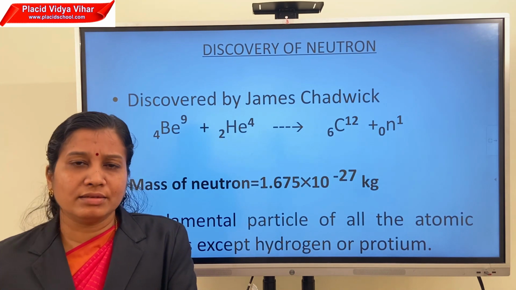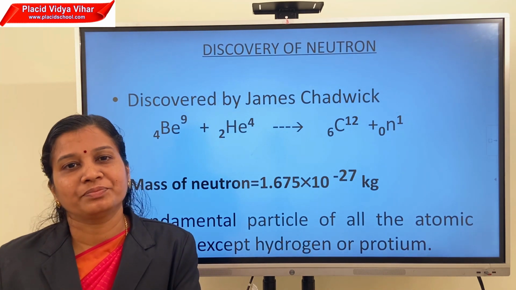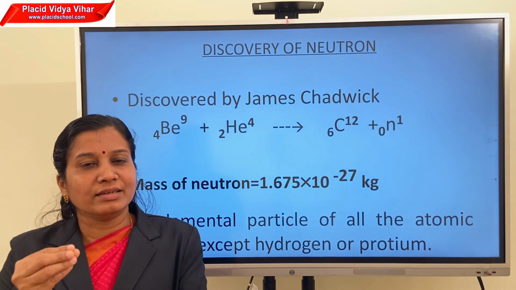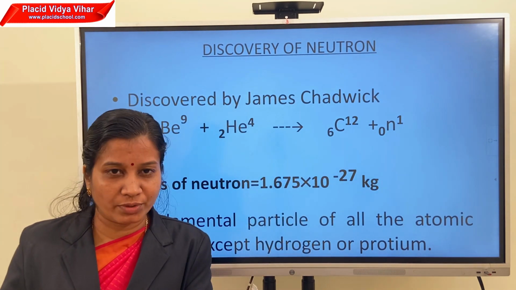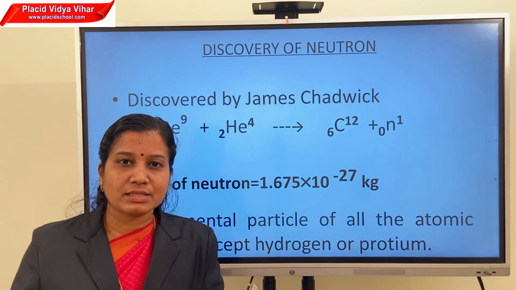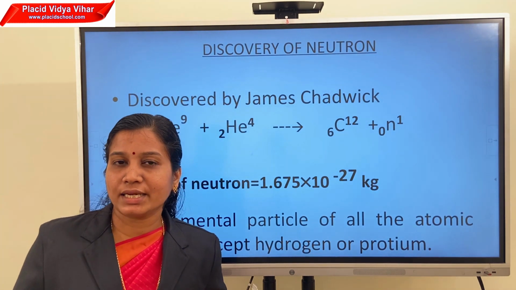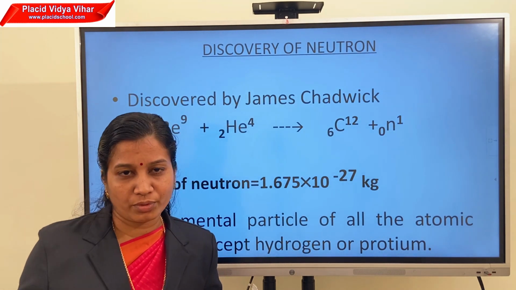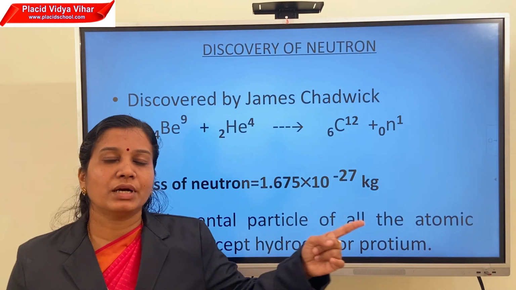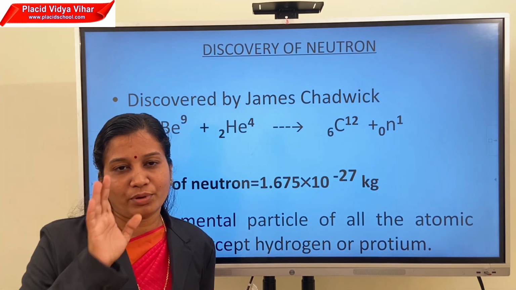But after many years, when they calculated the mass of the atom, the problem comes again. So mass of the atom means the mass of the particles present inside the atom. So the two particles present inside the atom are what? Electron and the proton. So the mass of the proton and electron must be the same as the mass of the atom. But that is not equal to the mass of the atom. So there the problem comes.